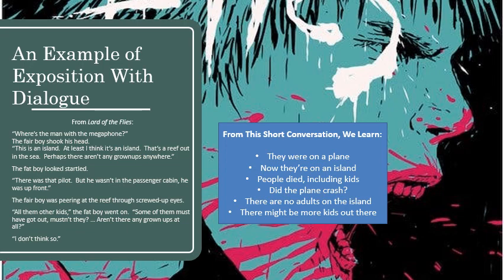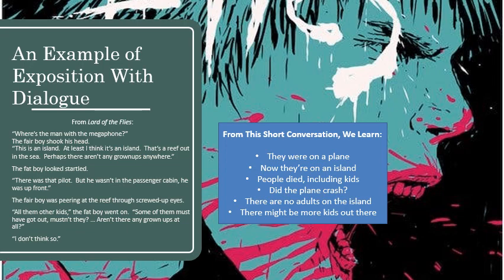So through this conversation, instead of the author just writing all of this in a paragraph, or having Ralph think it to himself, he reveals all of this information through dialogue, which makes the story a bit more interesting. It also introduces us to the new character of Piggy,